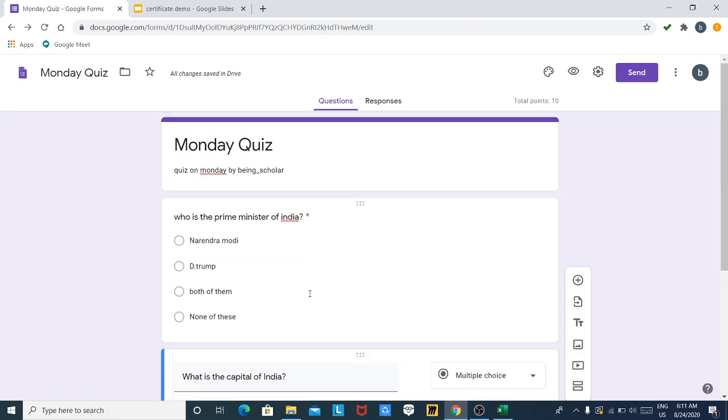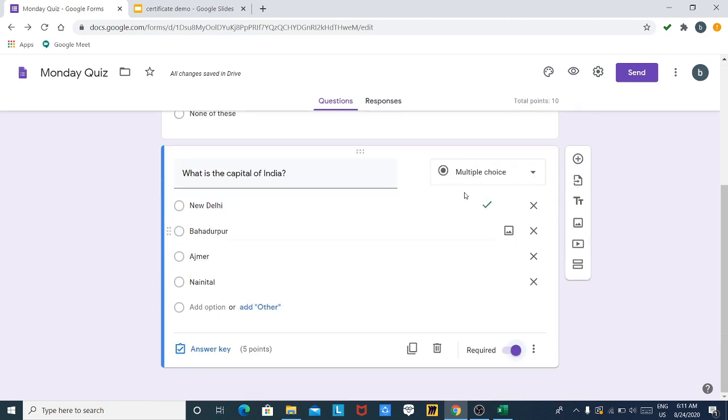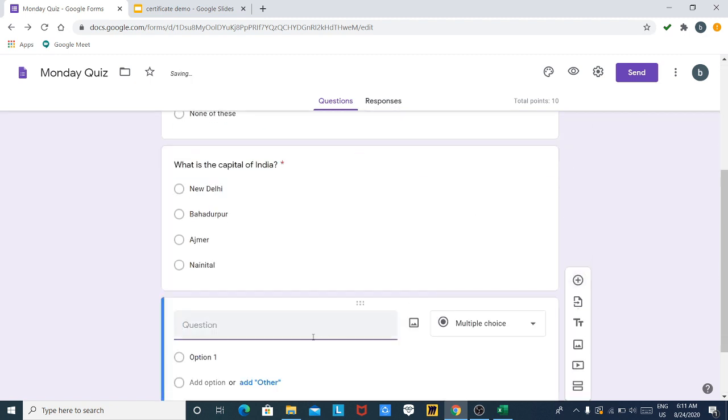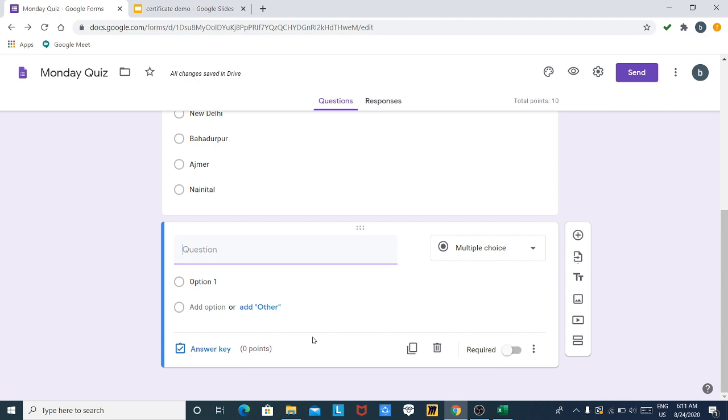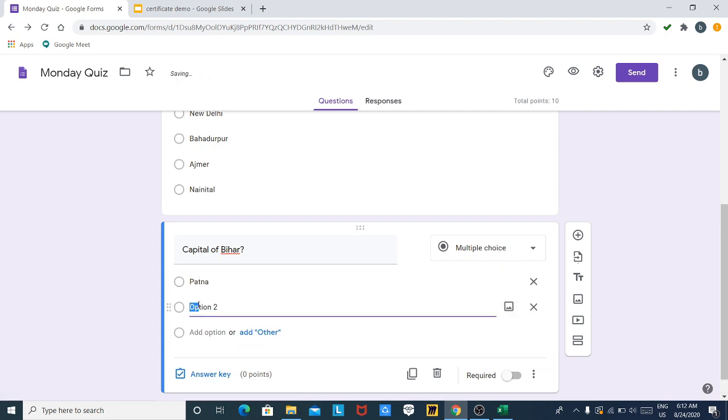So you can see that I have entered 2 questions here. Let us add one more question. Capital of Bihar? Question mark. First option, Patna. Second option, Ara.